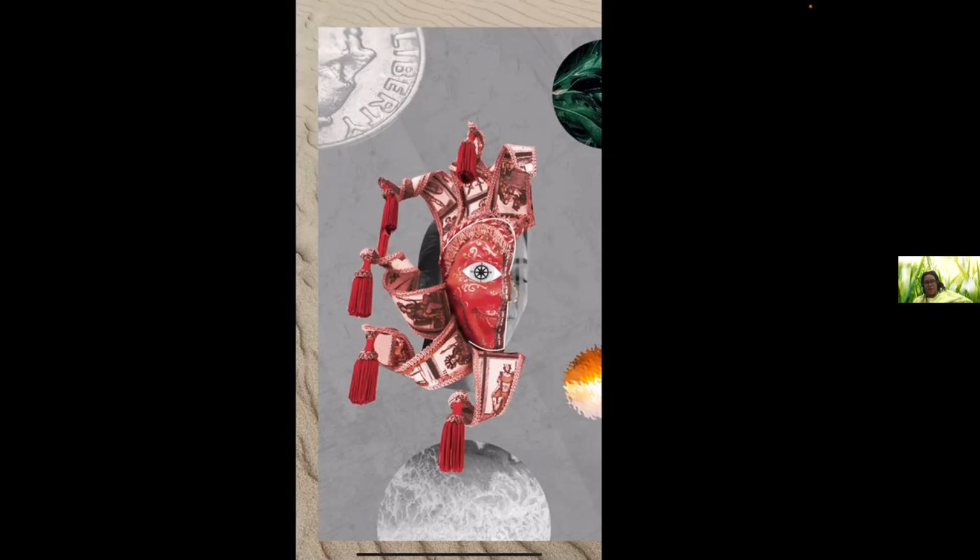Anyone else? Anyone else like to say anything? It's interesting you bring up the color red too. I feel like formally it really pops out in these kind of gray neutral tones. Yeah, it's a really beautiful mask or headdress. I'm curious what it means too. Nobody talked about the